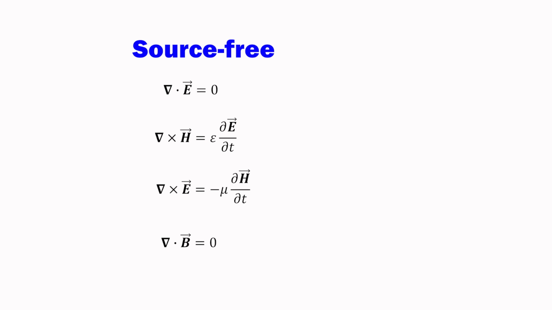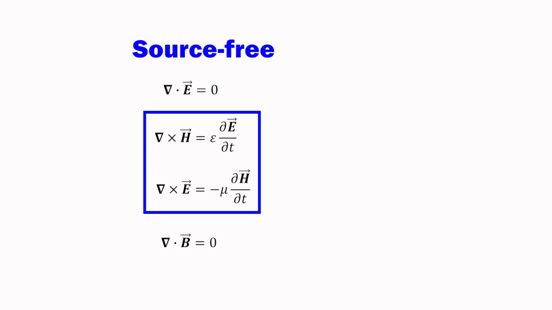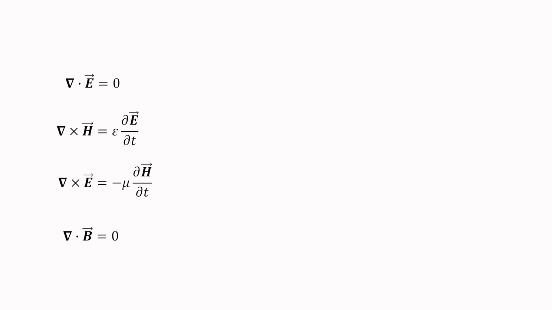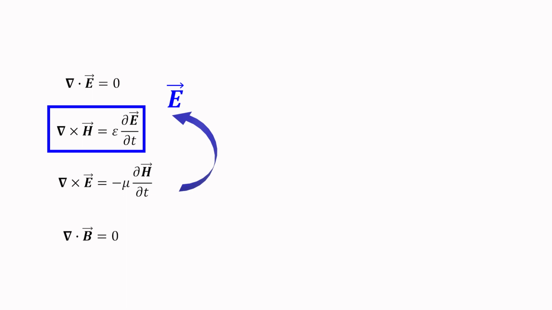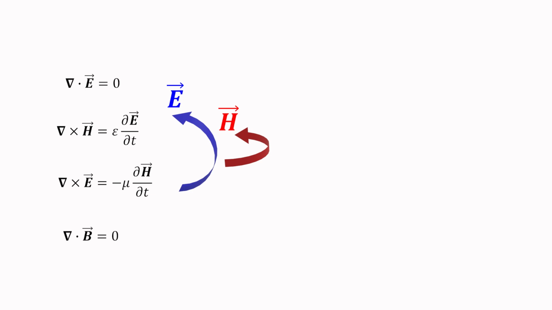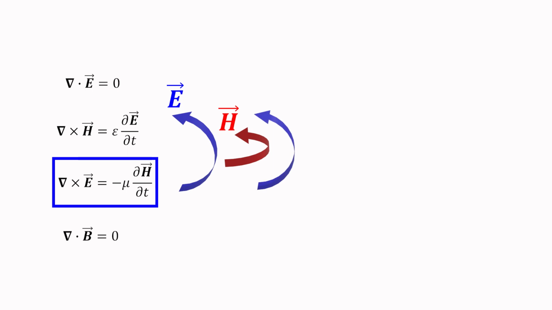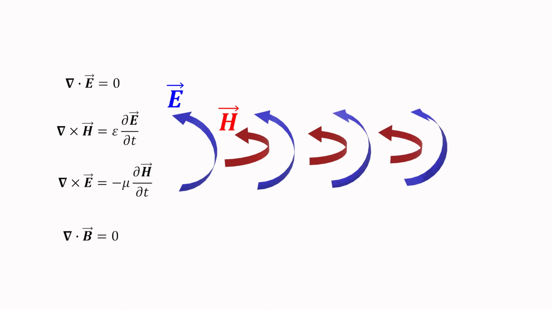Before we plunge too deeply into the math, we can see that the 2nd and 3rd equations provide some intuitive insight due to their symmetric relationship, as shown in the following simplified illustration. Per the 2nd equation, a time-varying electric field will be accompanied by a magnetic field that curls around it. The magnetic field must also be time-varying, which, per the 3rd equation, will be accompanied by a time-varying electric field that curls around it, which will in turn be accompanied by another time-varying magnetic field, and so on and so on. And this is how the energy from these fields propagates through space as electromagnetic waves.